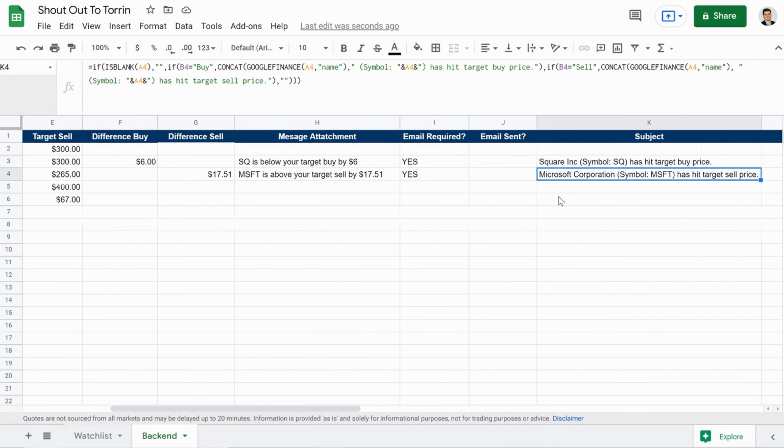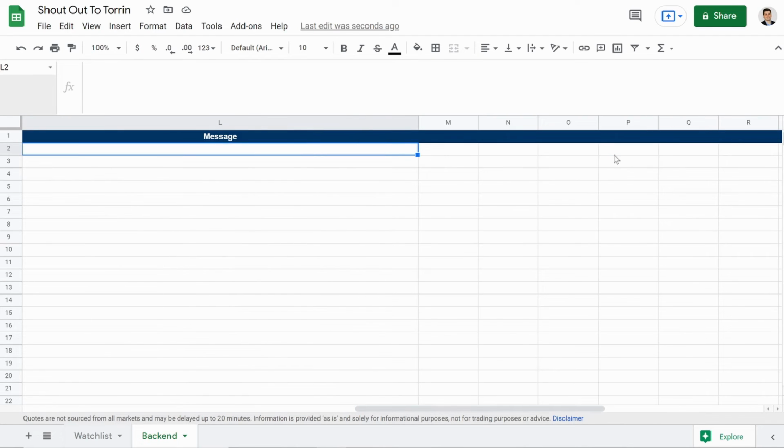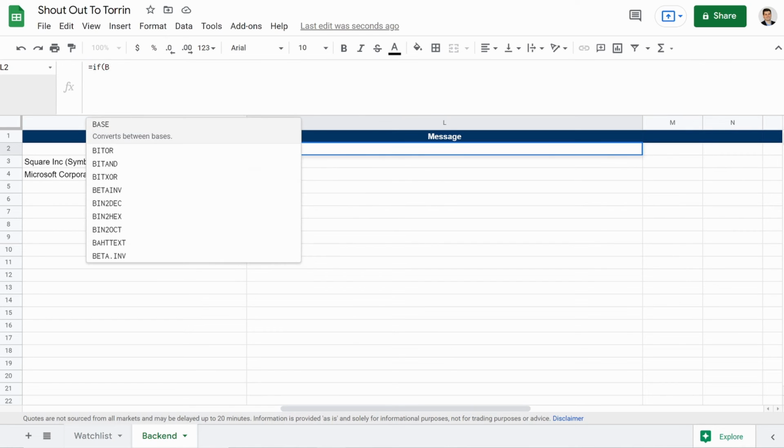This one's going to be a little bit longer, but then we can move on to the code, which will make these two seem really simple. So here we go. We're going to click up here. Again, we're making sure we're in L2, but then we'll click up here. And what we're going to want to do is equals IF, parenthesis, B2